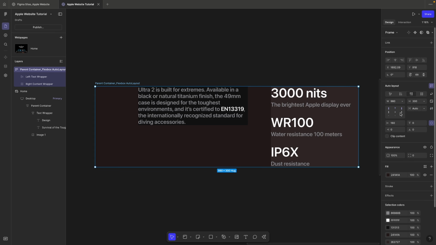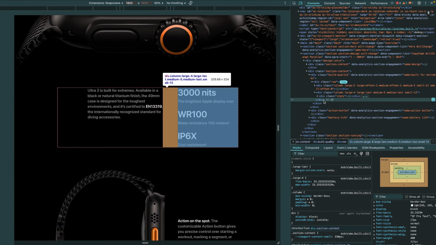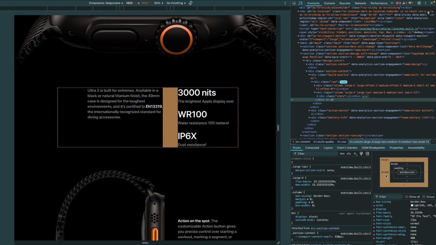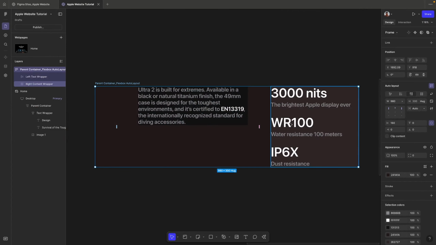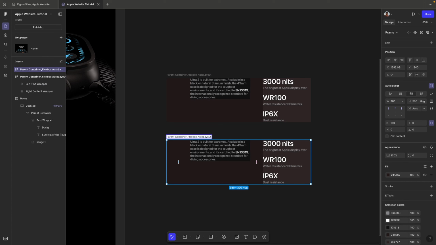I don't know how you can check space between. I sort of forgot how you can check space between. But as you can see over here, I basically set that to space between, right? And this gap now, as you can see over here, has become auto, which is exactly what is over here, which is auto, right? This gap is auto calculated. That's one option. Now the other option is if I take a duplicate of this